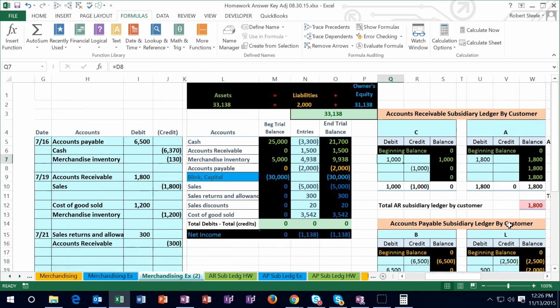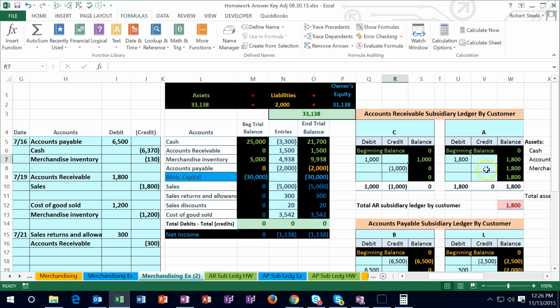Okay, now we're also going to have to point that out over here. A is the one that gave the return. So I'm going to put our cursor in V8 equals